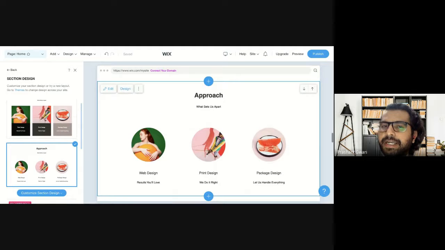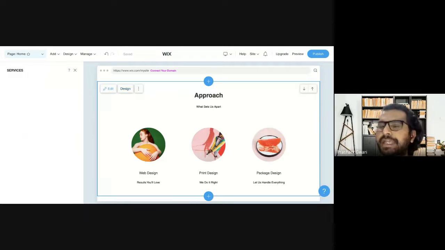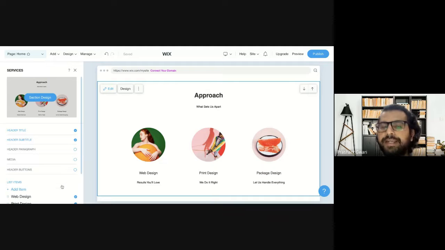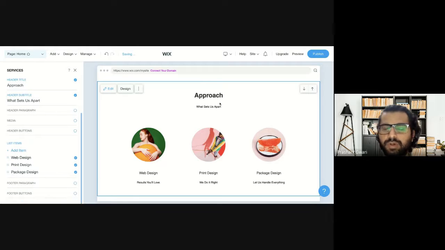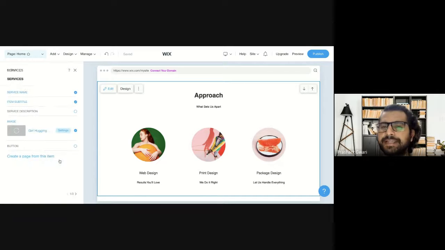Creating call to action buttons, adding headings, tagline, paragraph, I can do it from here. Same thing, I don't need to do something extra here. Same thing I can do here too. So I will not create a button for here, or for the footer. I will create a button only for this section where they can check my services. I will click a button like here.